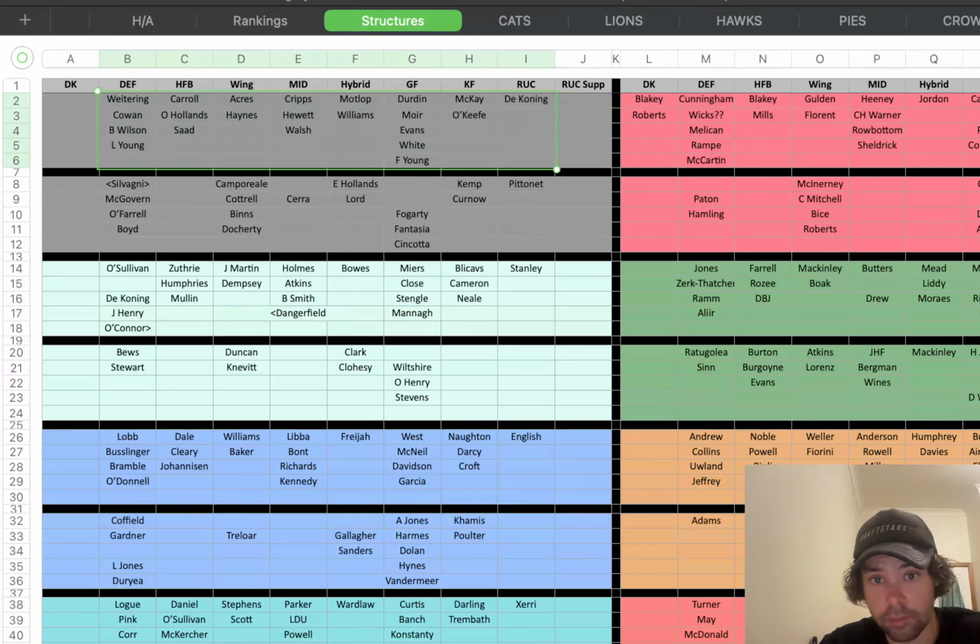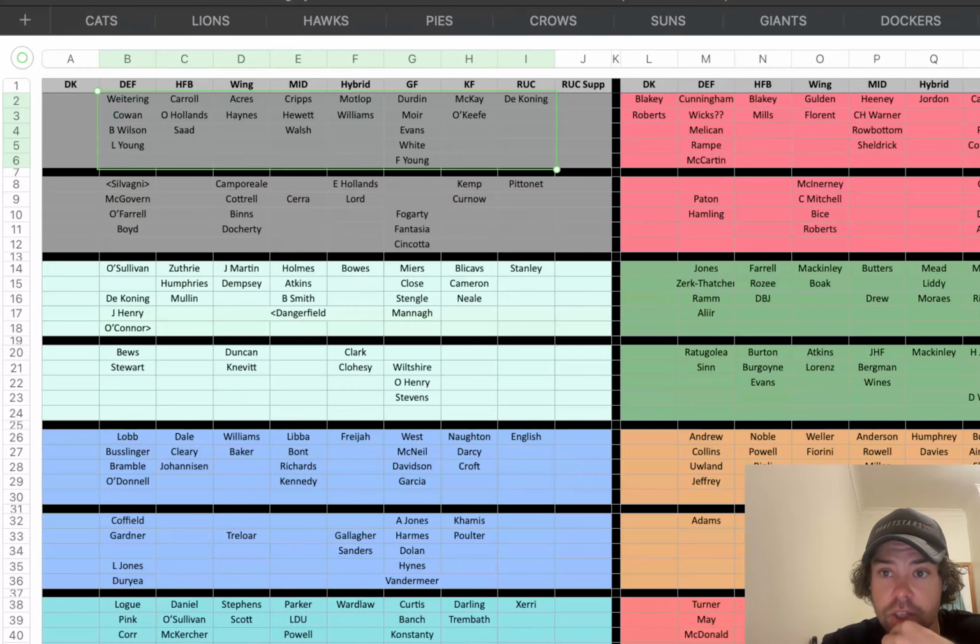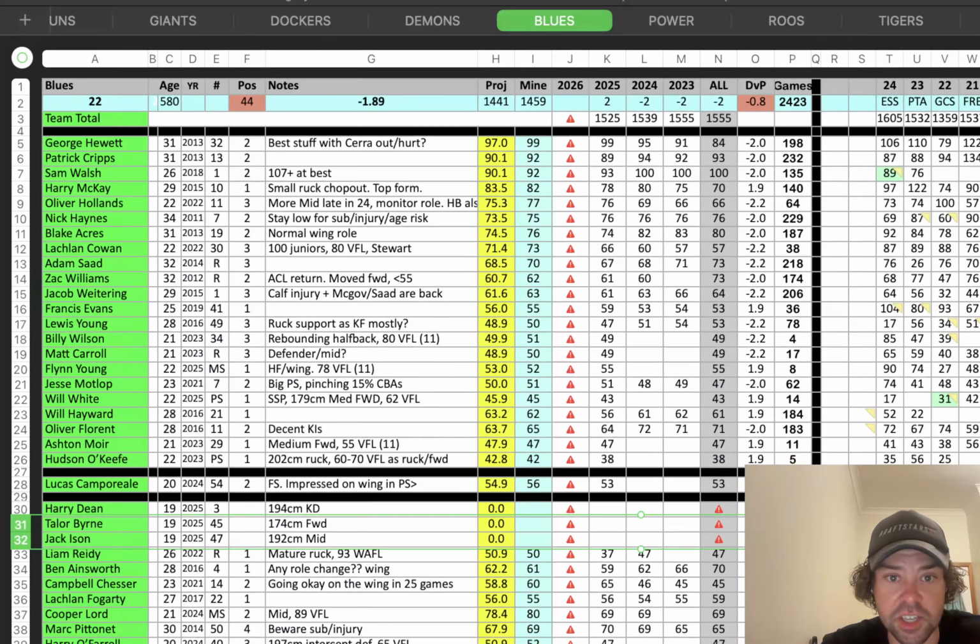So yeah, teams are named, I come here, I change who's in, make sure I've got the structure the way I want it. Then I go to the team page, where's the Blues, change the players here, set all their positions up right. Then anyone who I think might have some kind of role change, I'll adjust my projection for them.